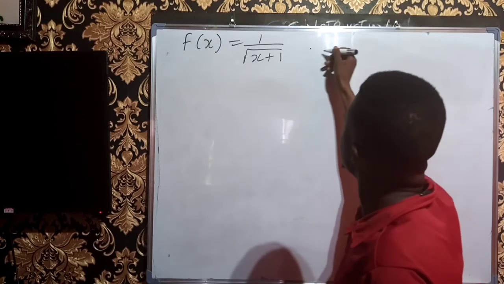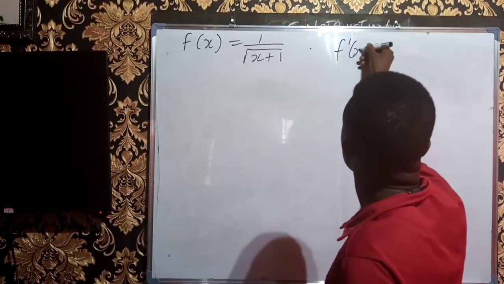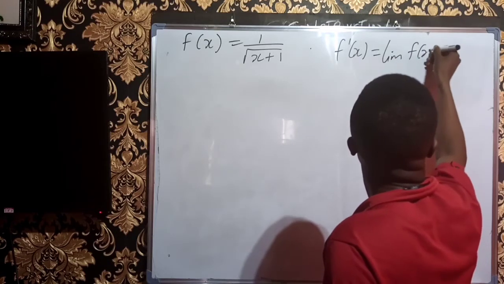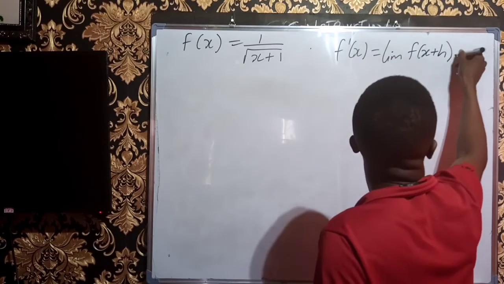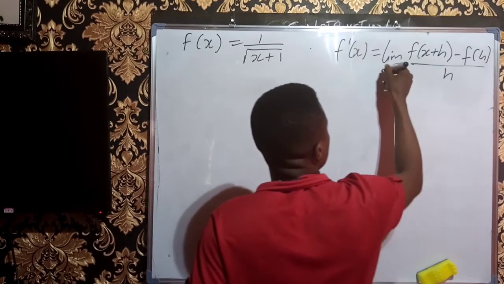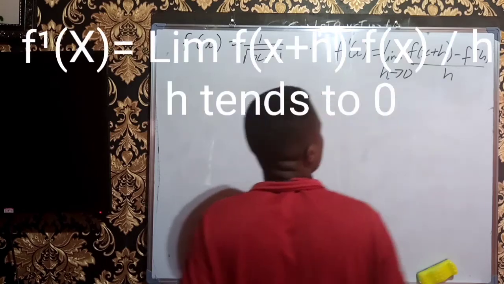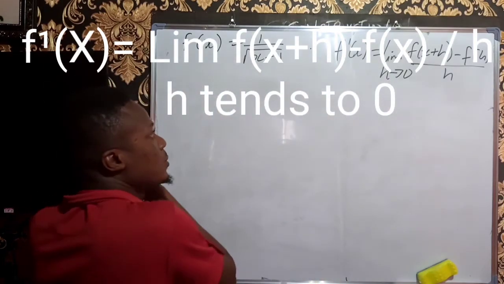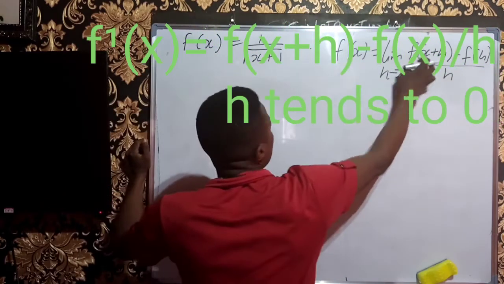If you want to use first principle, our f prime of x equals the limit of f of x plus h minus f of x over h, as h is tending to 0. That's the limit we use to evaluate any function from the first principle. So whenever we see x here, we are going to plug in